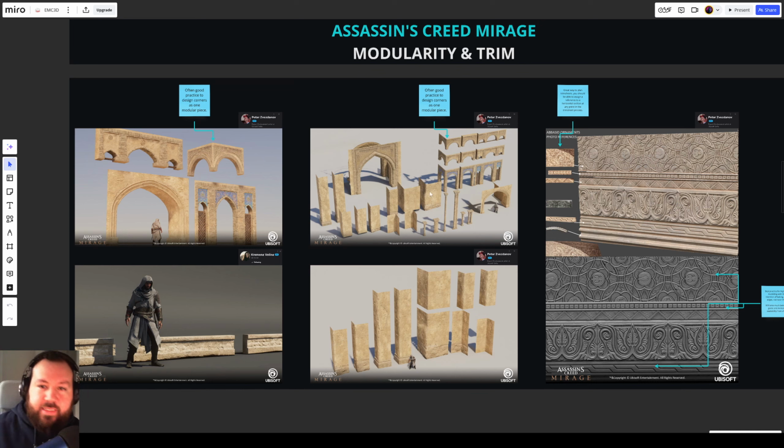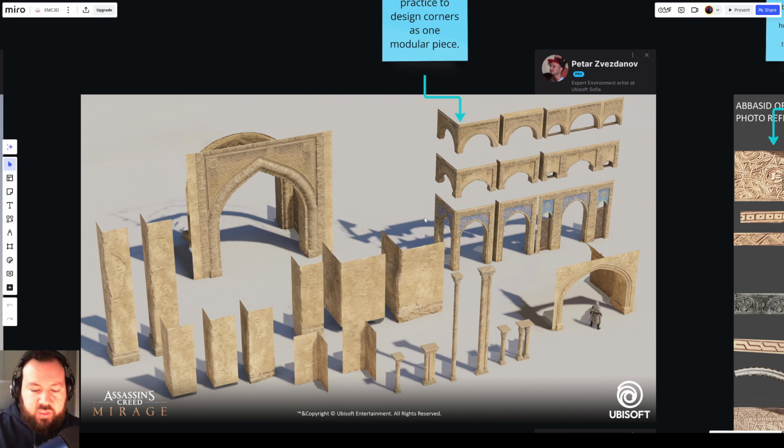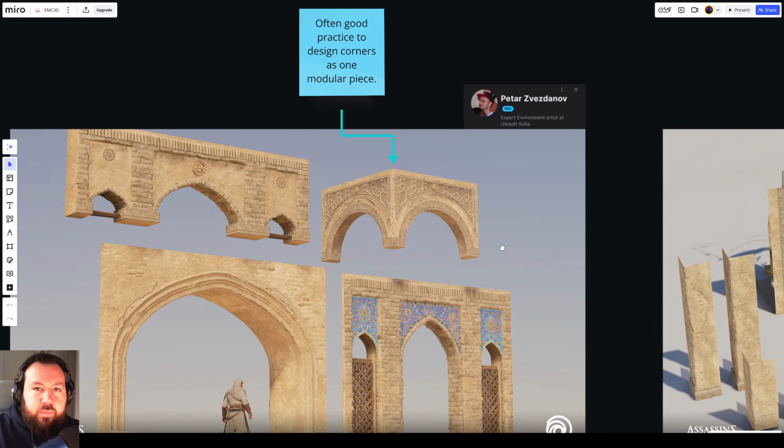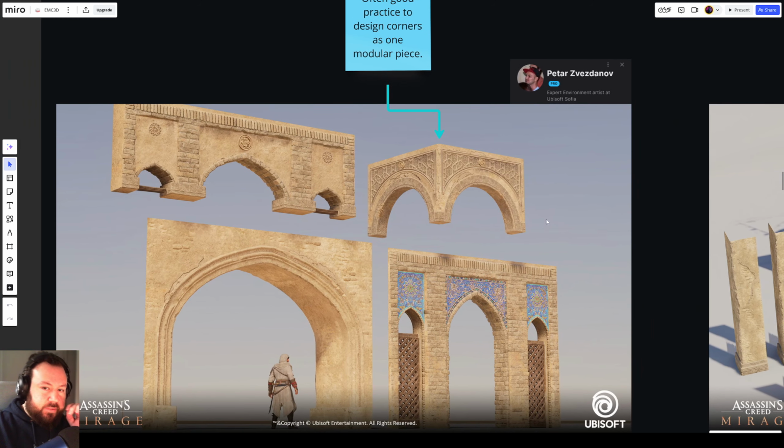So, we've looked at Assassin's Creed in some of the trim stuff before, but we've not looked too much at a modular breakdown. So we'll just take in these kit pieces. And these are great because approaching environment art can be very intimidating. But when you see the breakdowns of these Lego blocks that are just using trims and tilables and shaders, it can give you a lot more confidence in how you can approach, but also how much do you break down your modular kit. So one of the first things I want to bring attention to is when you have modular kits, you'll notice in a lot of these breakdowns that